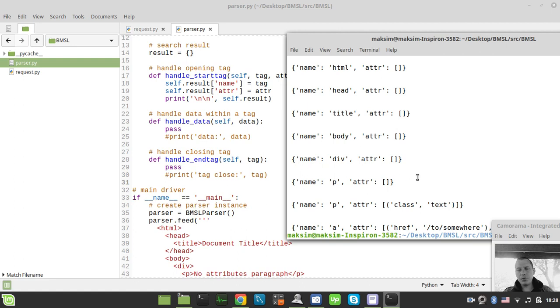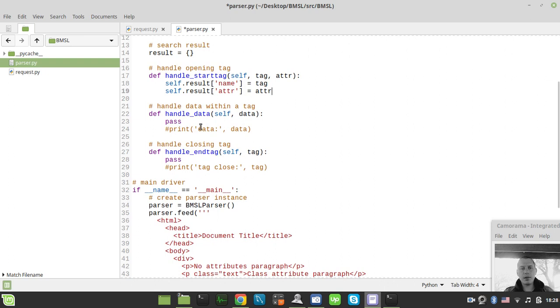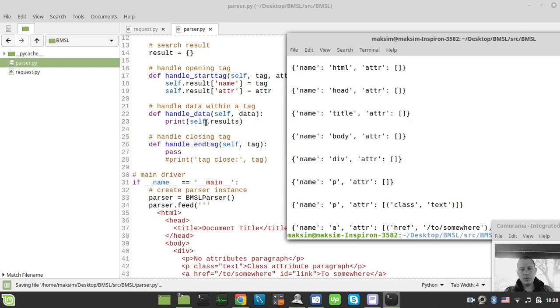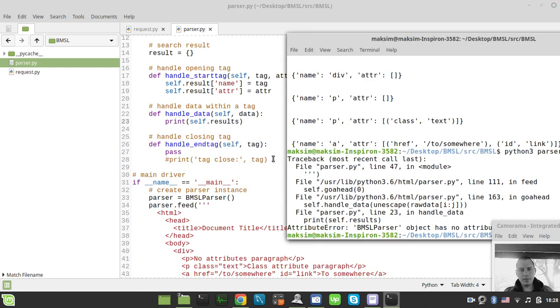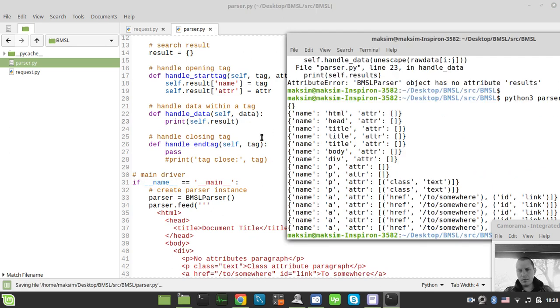Attributes, okay. But what I want to ask again is, what if I just try to print self results over here? Self results. Come on. Oh, it's result, not results. Okay, so